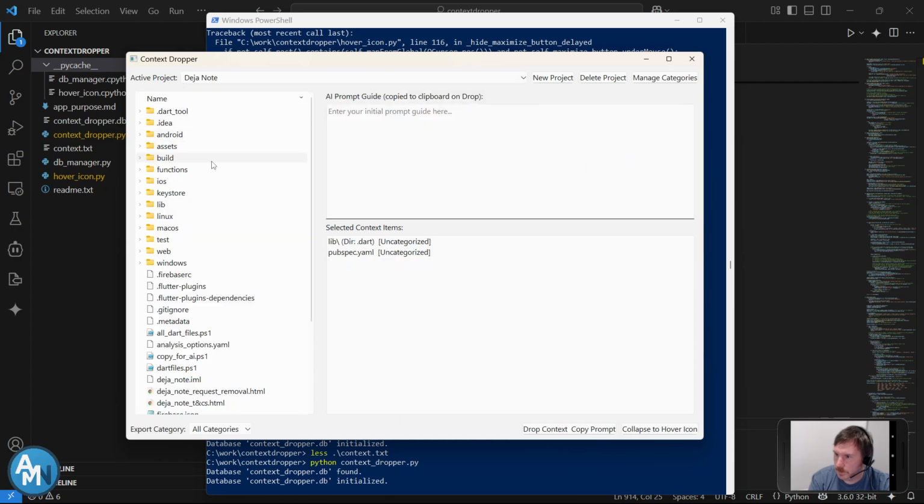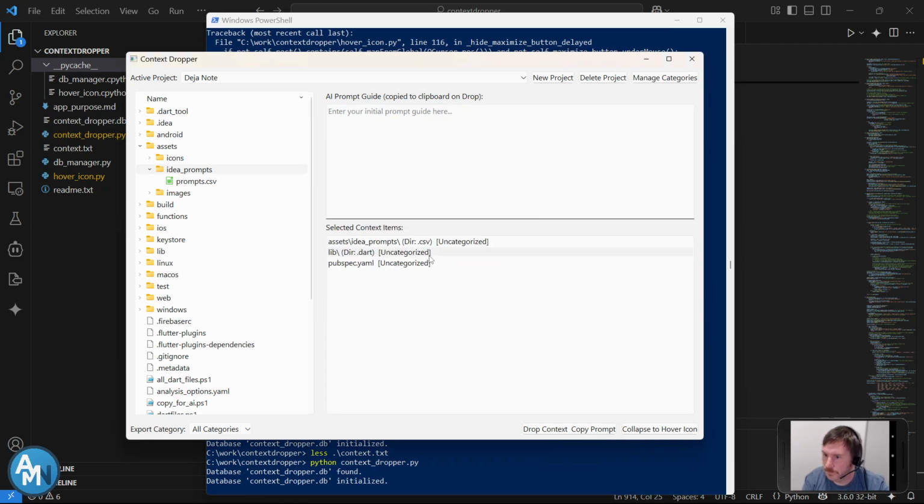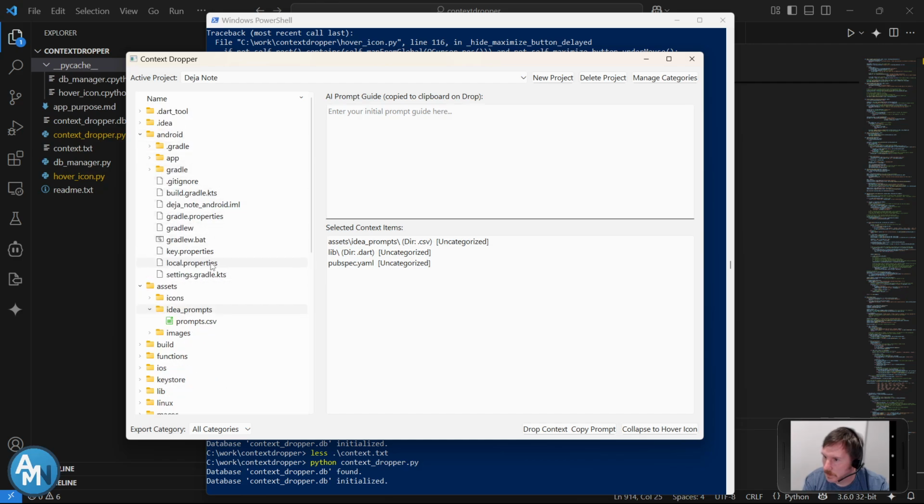So if I go back to my other project, I could say, for example, I want my idea prompts directory to be included, and say that includes the .csv file. And what else might we need? Android, typically